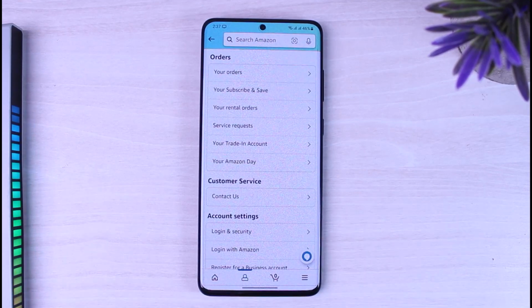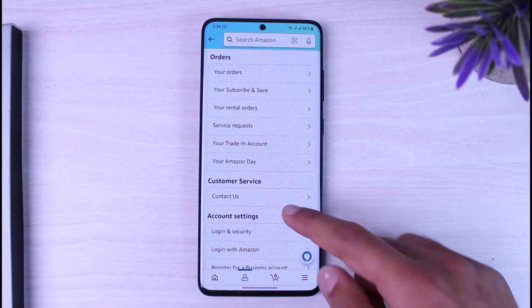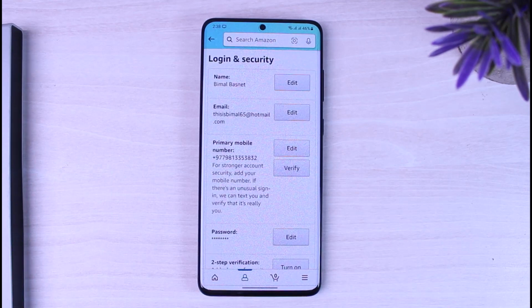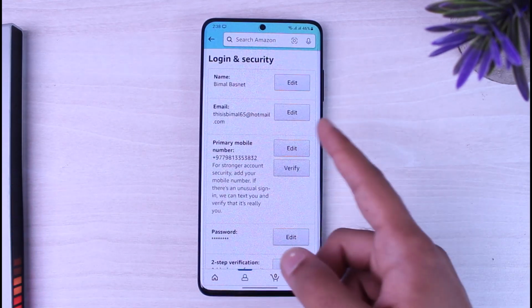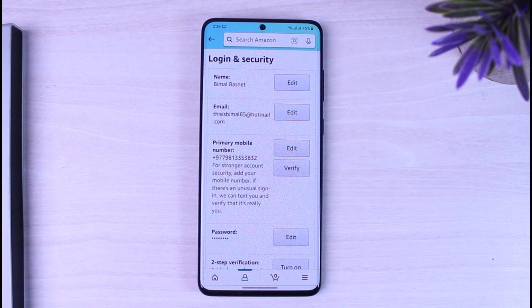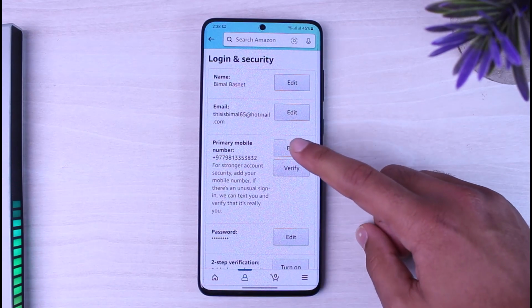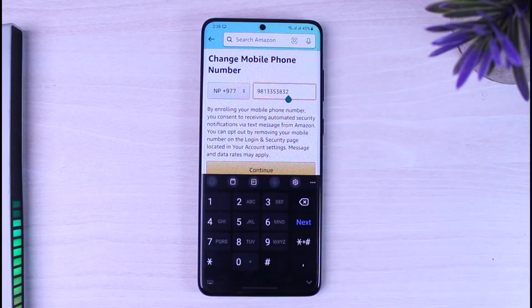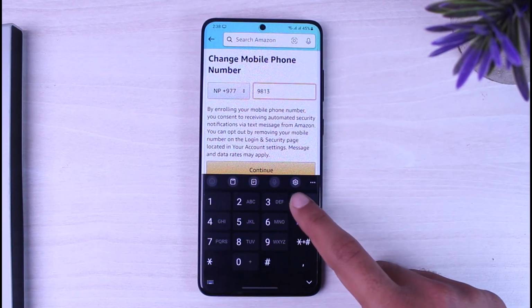Now once you've done that, you will be taken to this page where you'll have to tap on the option login and security just below account settings. After that, it will provide you the details of your account such as your name, your email address and your primary phone number. So since we are here to change that, we'll simply tap on this edit icon right over here. Now as you can see, this is my current number. So if you want to change this, all you have to do is simply erase this